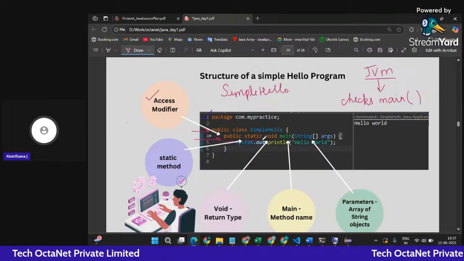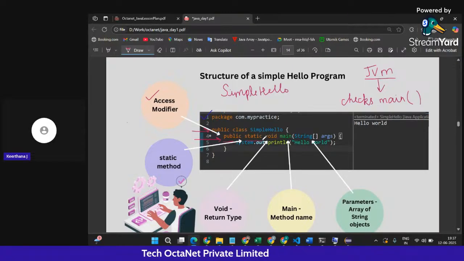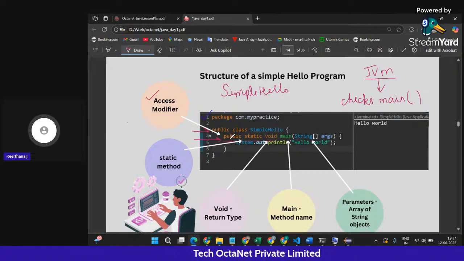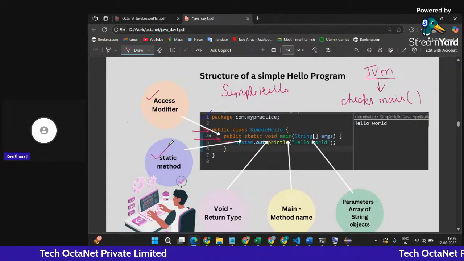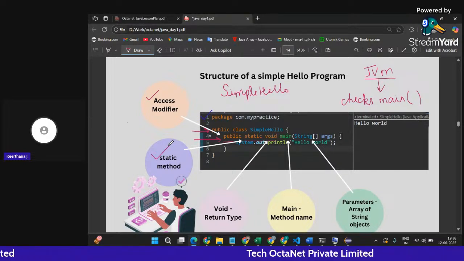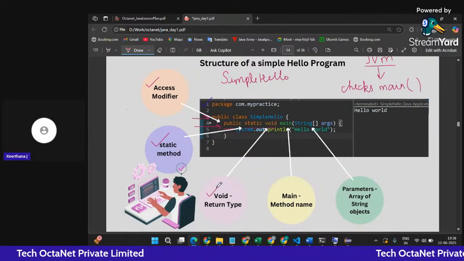Usually static and abstract data type will be going in sync every time. Yes, so whenever you are defining a method, this is the convention you want to follow. The access modifier first, then static. It is optional only. Either you can give static or not. Without mentioning that also you can provide that. Void is actually the return type of the method. For example,